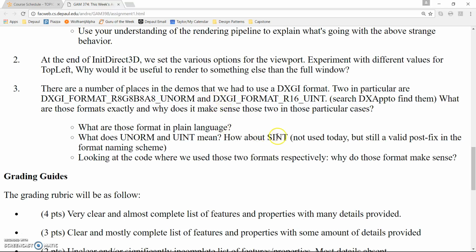So SN is signed int, but basically they use it so they can put the types in. So an unsigned int holds, and there also could be aligned for a specific purpose, and